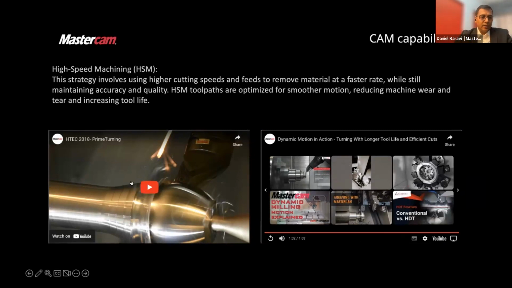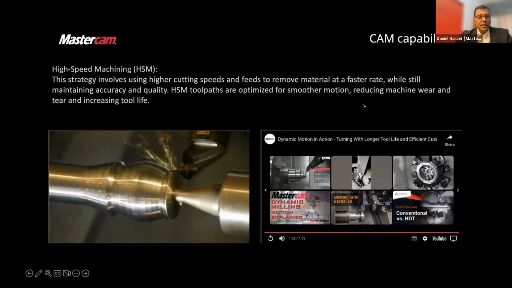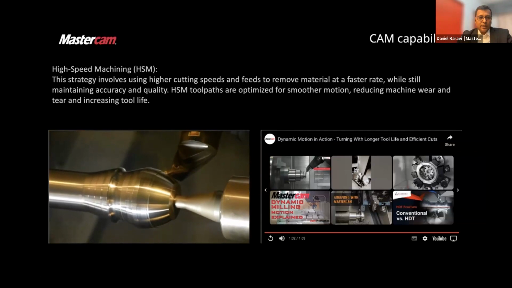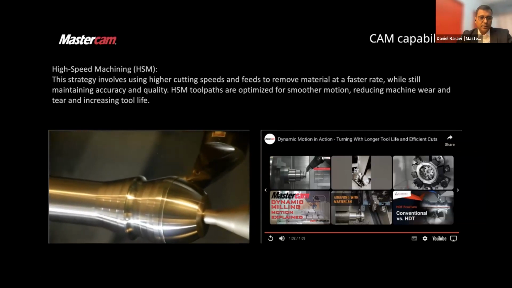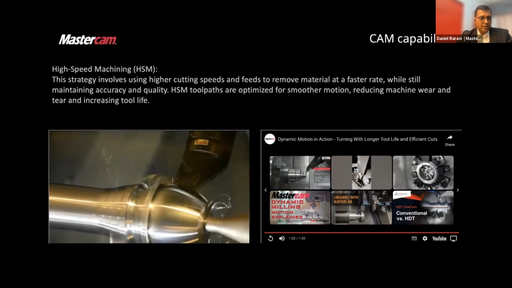Another innovation is something called prime turning. Let's look at that here. It is not just limited by the kind of cutting tools in terms of geometry. What we saw previously was a round insert, but here this is a new prime turning cutting tool which has type A and type B inserts that allow you to do roughing and finishing operations using the same insert.